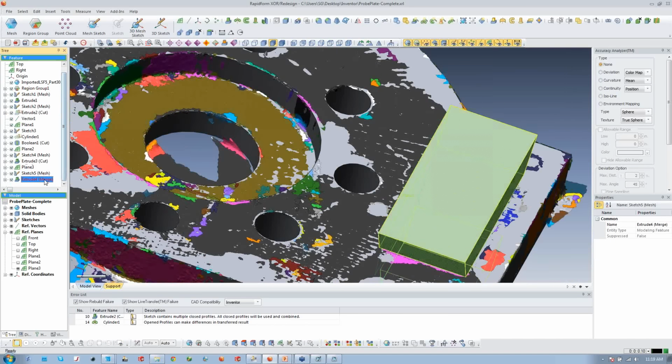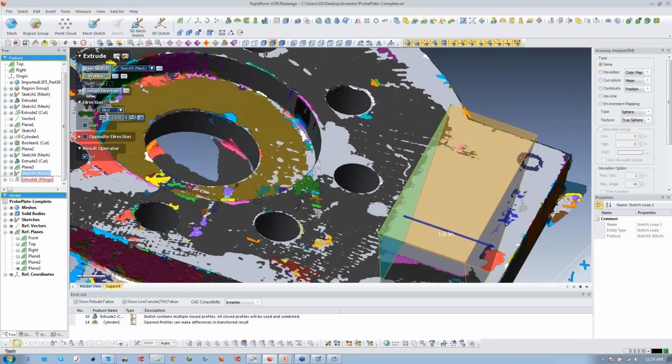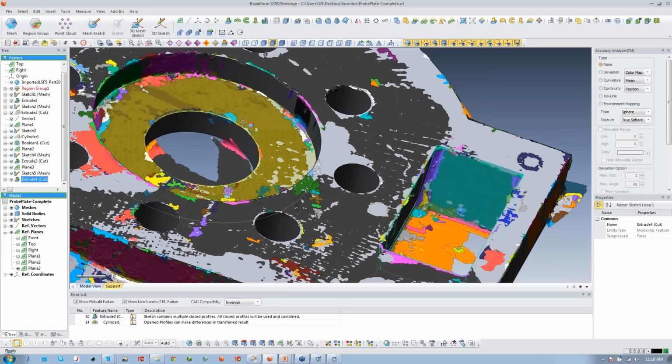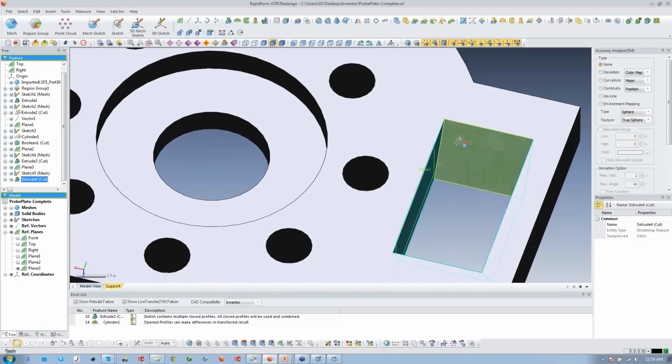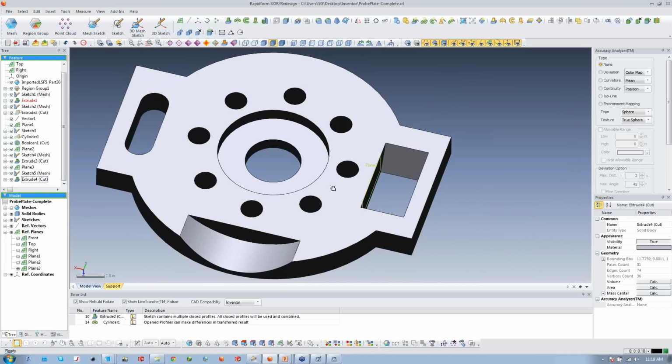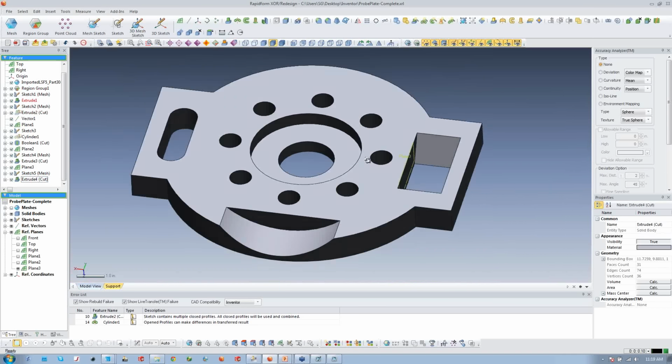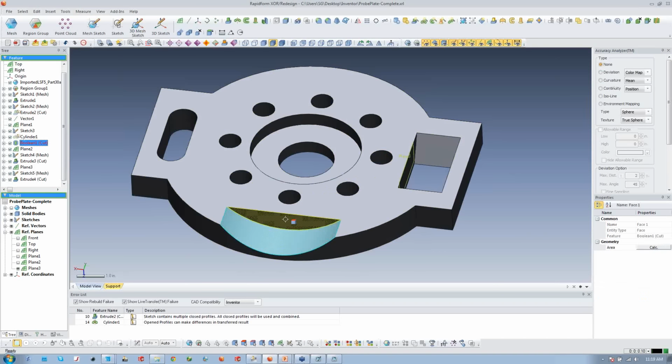So we'll go ahead and make sure this is an extrude cut as opposed to an extrude merge and accept it. Now we can see the feature has been made. So now when we're done with this and we've gauged the accuracy and we know how accurate the part is and we're willing to commit this part to AutoCAD Inventor,